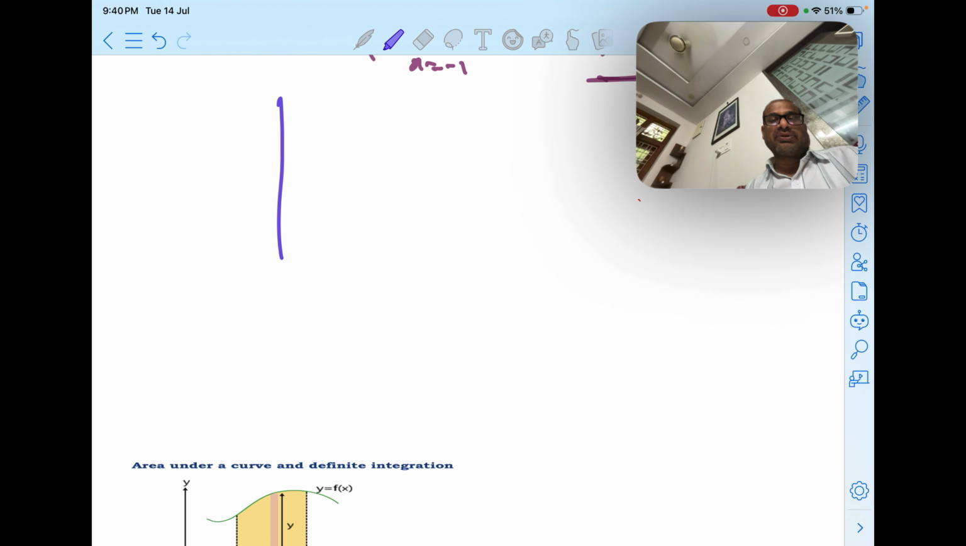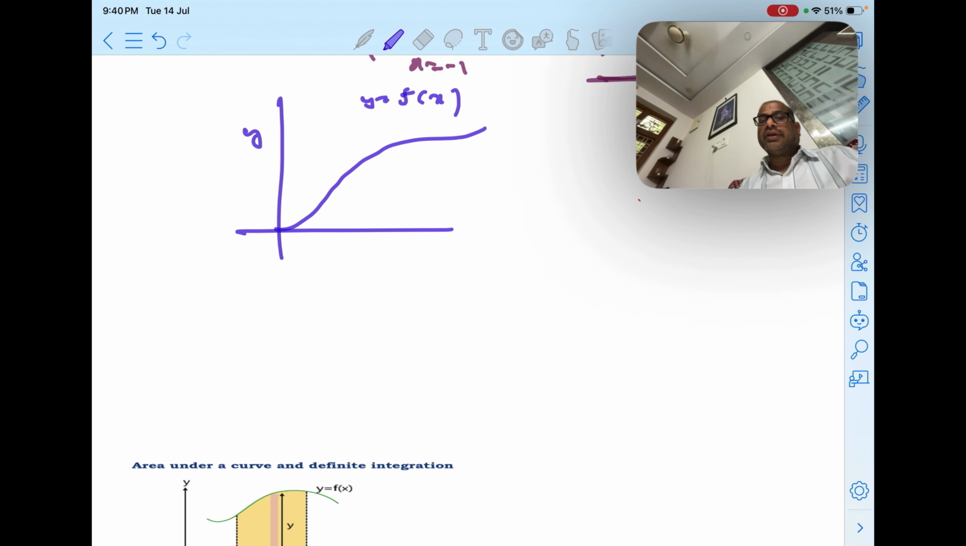What about the area formed by, for example, if I have y equal to f of x, some arbitrary curve here. So if I ask you to find the area under this graph,